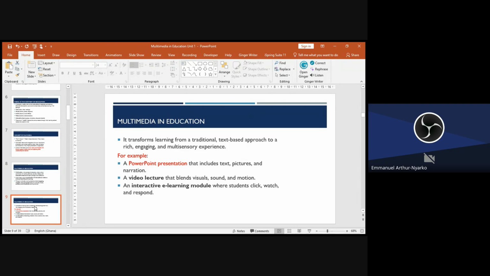And we can have so many examples. If I ask you to tell me examples, you can give me so many. And I've given some of them. A PowerPoint presentation that includes text, pictures, and narration is a multimedia application.